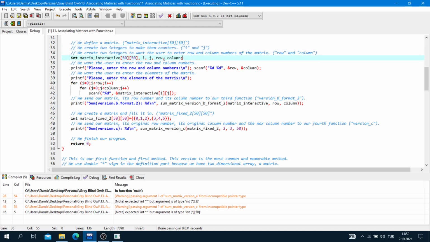Okay, integer matrix interactive 50 and 50, i, j, row, column. Now, we want the user to enter the row and column numbers. Printf, please enter the row and column numbers. Scanf, the percent sign D, ampersand row, the percent sign D, ampersand column.